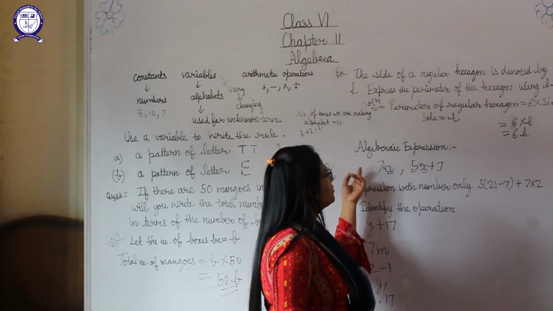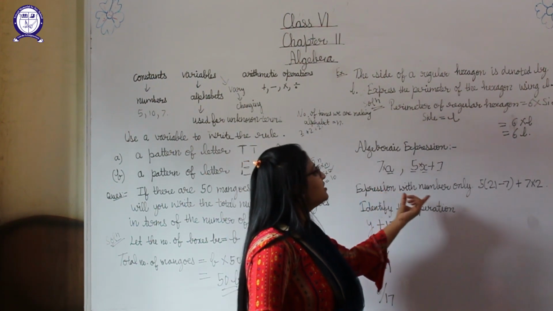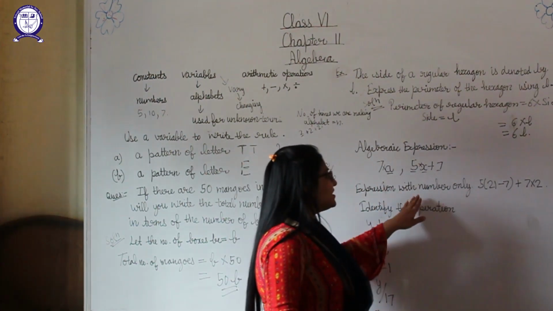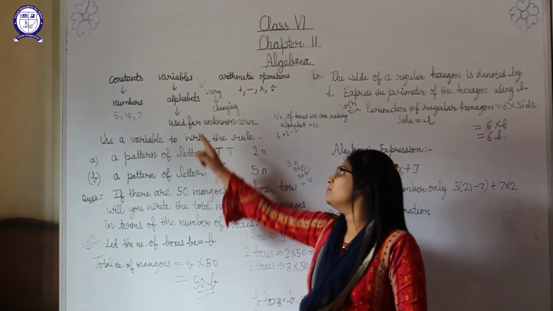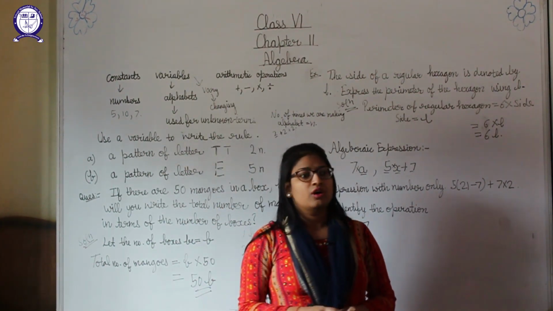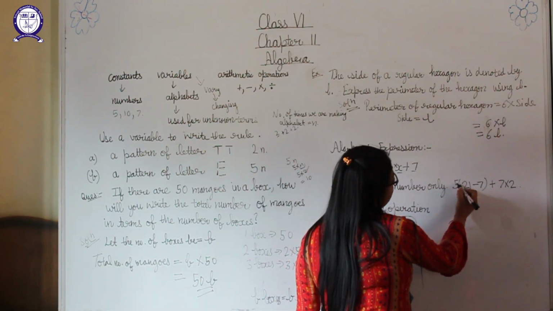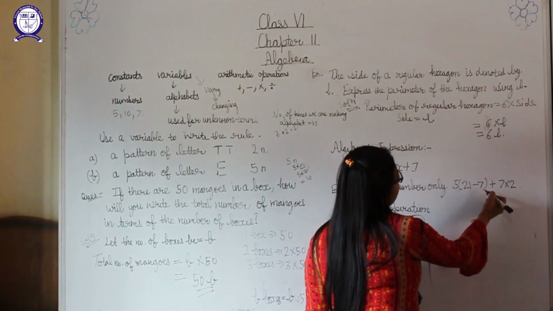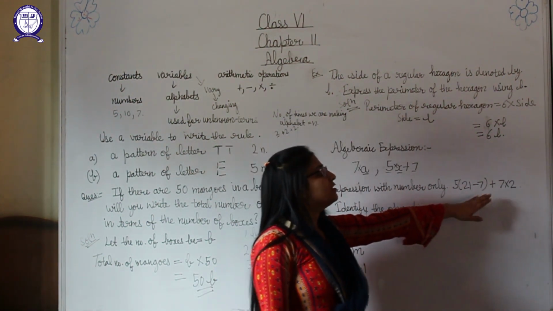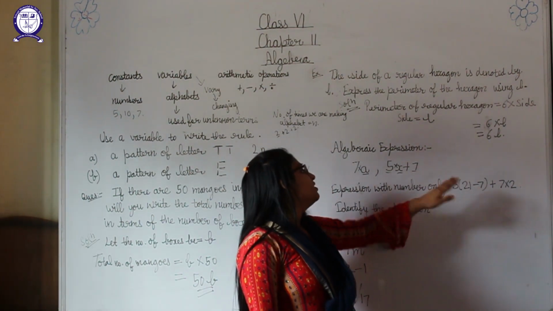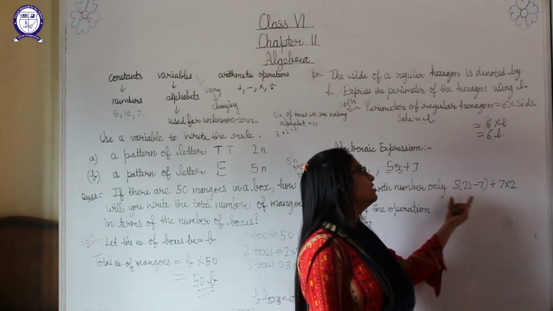Okay, now I have told you about the algebraic expression, how we can make an algebraic expression. Now this is an expression with numbers only. Why is it an expression with numbers only, students? Because I have told you that an algebraic expression means variables should be included in it, means the alphabet should be included. But here, you see 5 then bracket start 21 minus 7 bracket close plus 7 into 4. No alphabet is used here, means no variable is here. It means this is an expression with numbers only. It is not an algebraic expression.